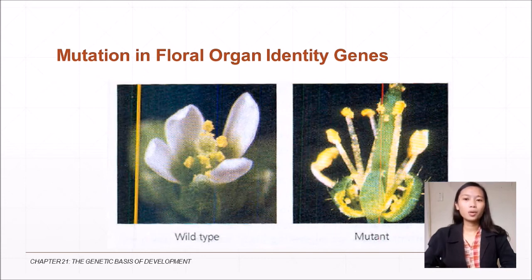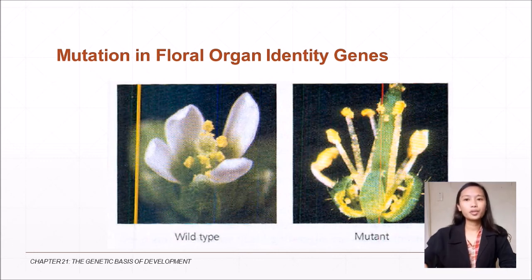So this figure shows the floral identity gene mutations. A wild type Arabidopsis has 4 sepals, 4 petals, 6 stamens, and 2 carpels. If the organ identity gene called apetala is mutated, the identities of the organs in the 4 whorls are carpels, stamens, carpels, no sepals, and no petals. So clearly, the mechanisms of plant development are similar to those of animal development